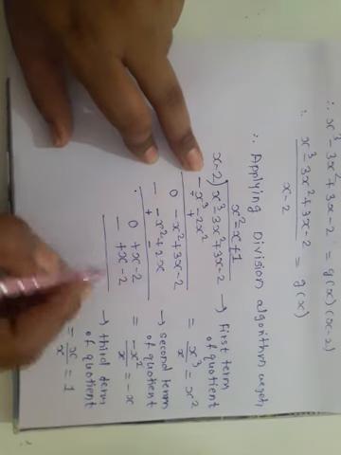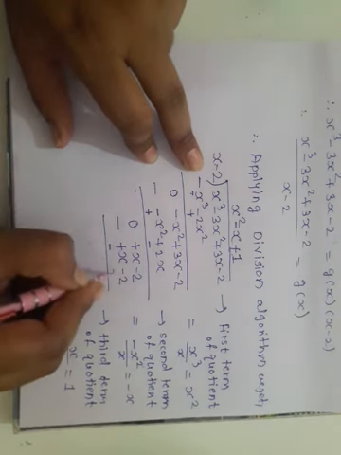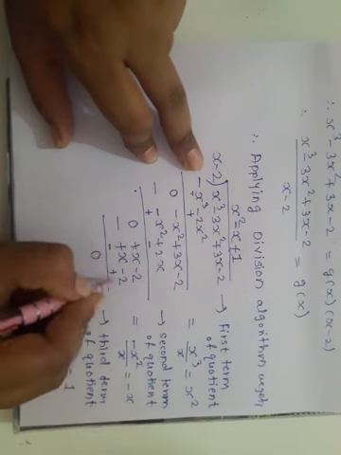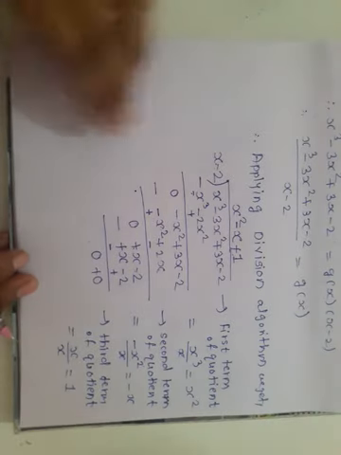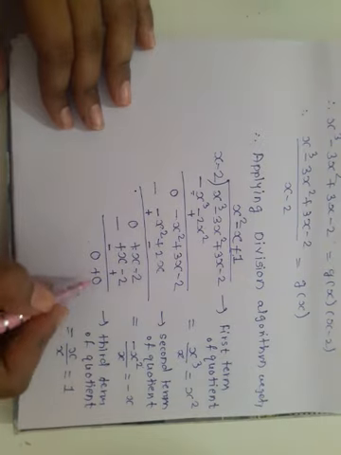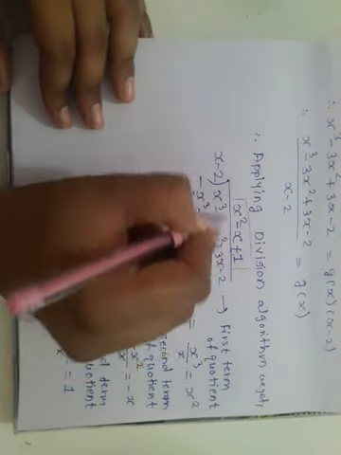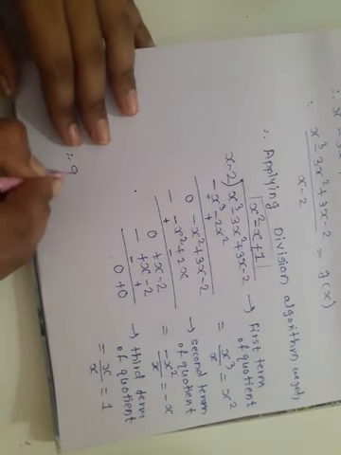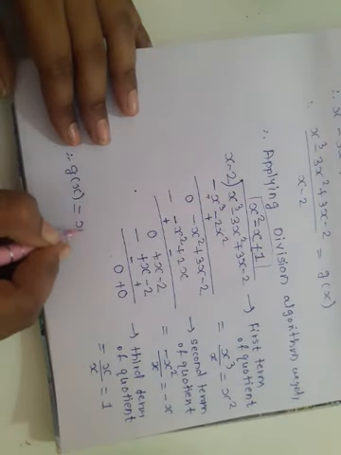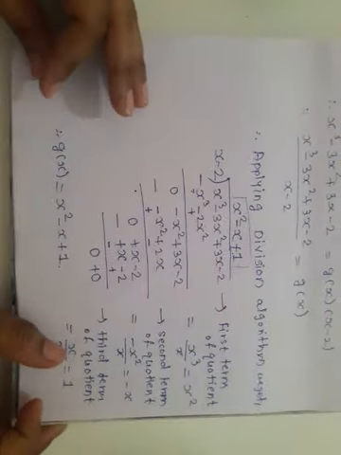Again we have to take subtraction, the sign will be changed, this positive term becomes negative, this negative term becomes positive. Plus x minus x is 0, minus 2 plus 2 becomes 0. So after dividing we get the remainder as 0. Now g of x is what? This quotient is our g of x, and therefore g of x is equal to x square minus x plus 1. Okay, so that was question number 4.